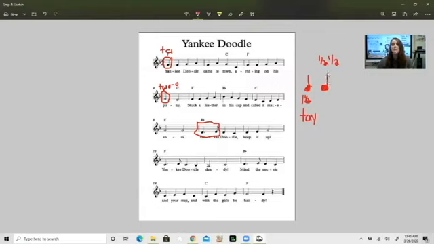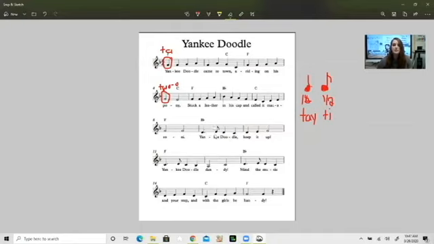I'm going to come up, and because he's all sad and lonely, his little stem is now drooping down into a flag. So that's how I get this. And because this is just one little ti, I just call it ti. And he is only worth half of a beat. That's it. Just half of a beat. So we call this pattern Tay Ti. So my pattern down here, let me erase this ink here, would be Tay Ti Ta Ta.